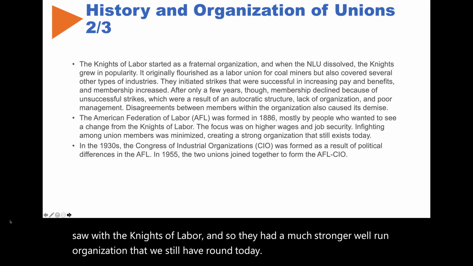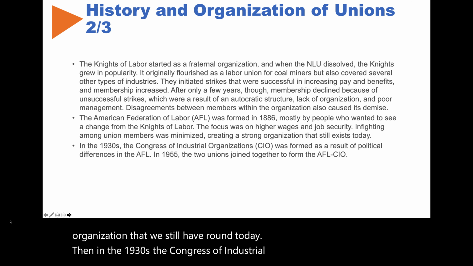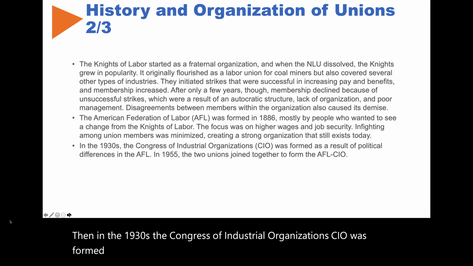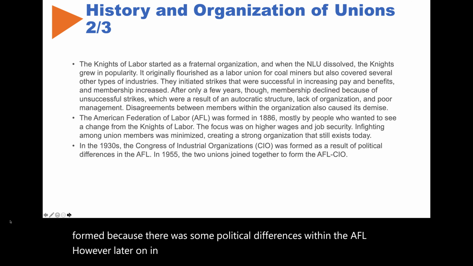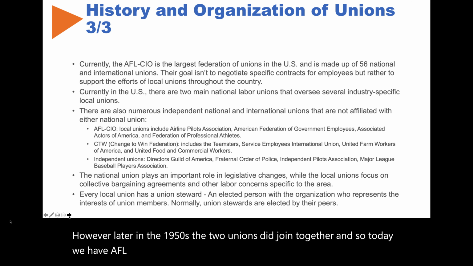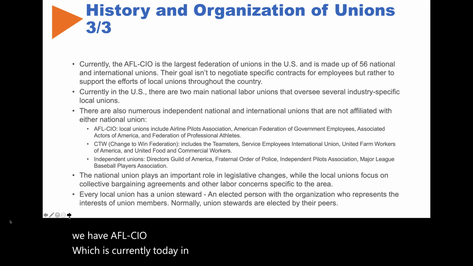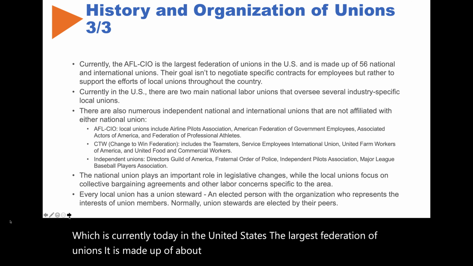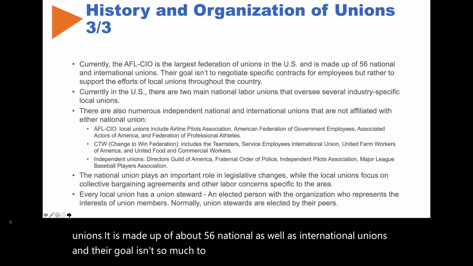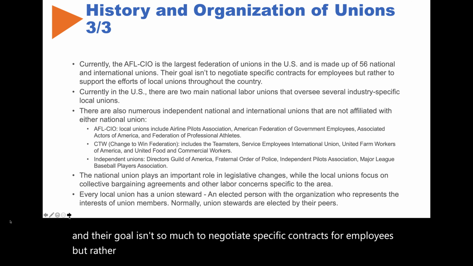Then in the 1930s, the Congress of Industrial Organizations, CIO, was formed because there were some political differences within the AFL. However, later on in the 1950s, the two unions did join together. And so today we have the AFL-CIO, which is currently the largest federation of unions in the United States. It is made up of about 56 national as well as international unions. And their goal isn't so much to negotiate specific contracts for employees, but rather to support efforts of local unions